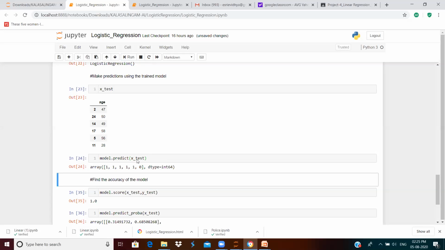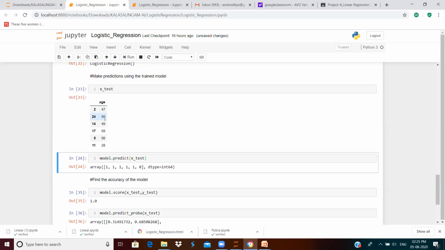For this set of x values, I am predicting the y values using this predict function. If a person's age is 47, the probability for him to purchase an insurance is 1, so he is going to purchase an insurance.